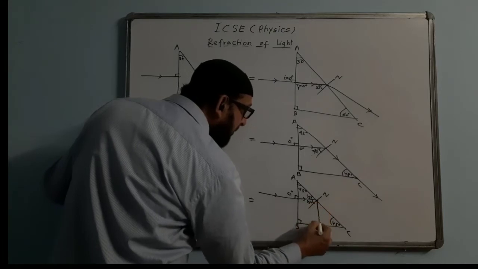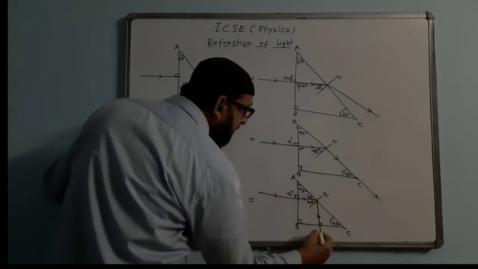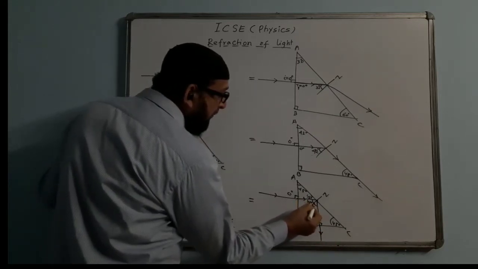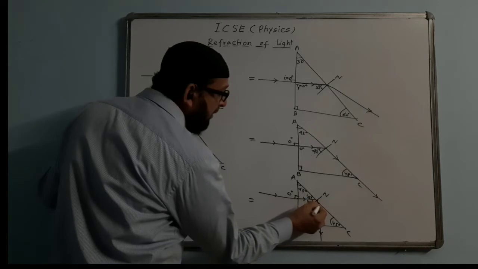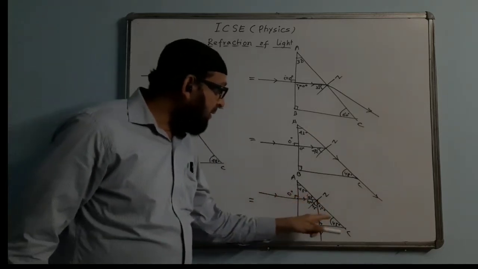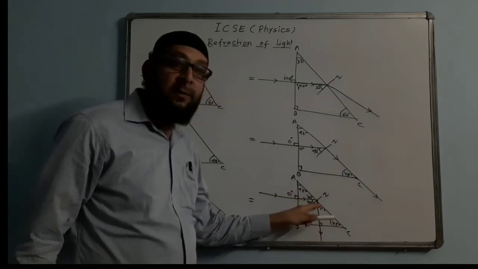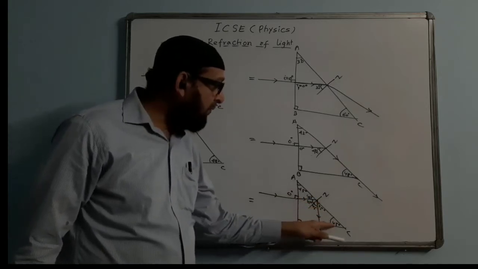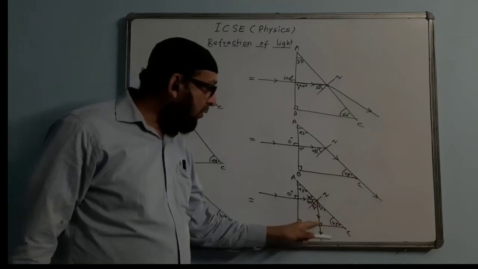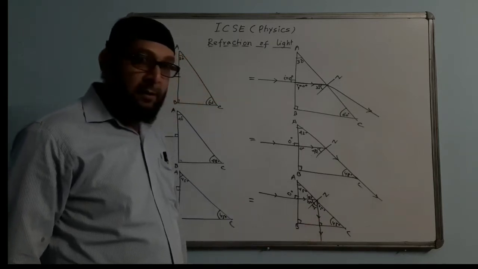That means here the angle becomes 90 degree exactly. Then the ray will go straight like this. Here we can now write down 45, this will be 45, this is 45, this angle also is 45. We'll check this and this angle will be the two angles of the triangle, because this angle and this angle ultimately become equal. So 45 plus 45 is 90, then remaining angle will come 90. Then the ray is again normally incident here, the ray will go straight. So this is how we will complete the diagram.